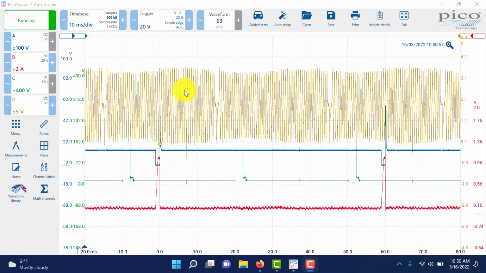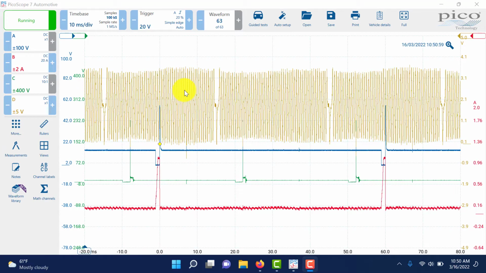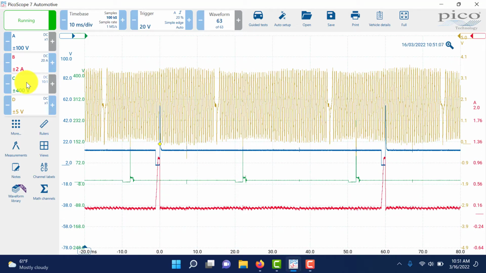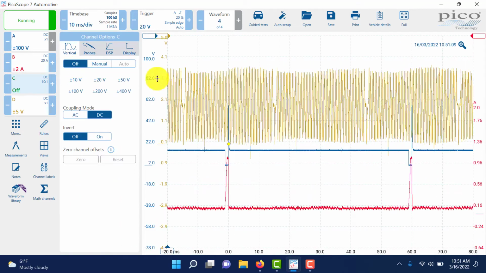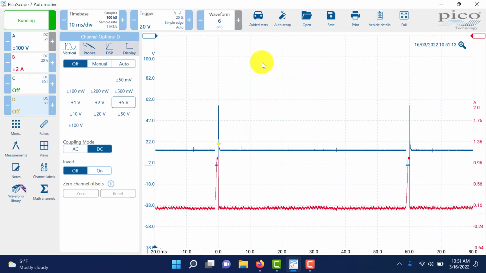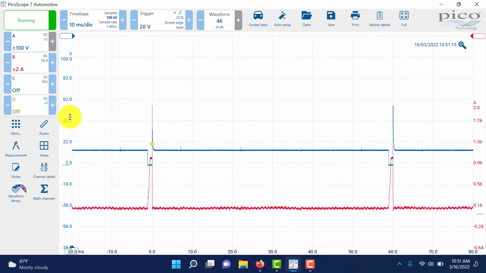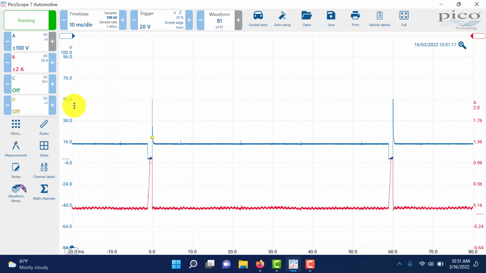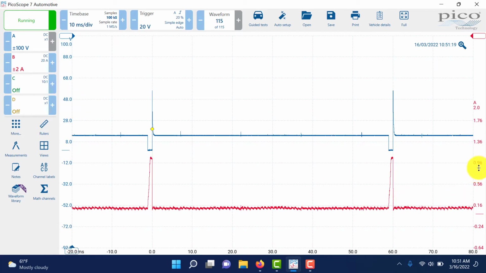So what I want to do now is show you how to arrange variations on the display, such as voltage, time, and trigger point. So we're going to start with voltage. The first thing I want to do, though, is decrease the amount of channels displaying on the screen right now. So I'm going to turn channel C off, and I'm also going to turn channel D off. So now we just have our injector control circuit, voltage-wise, and then our injection circuit for amperage flowing through the